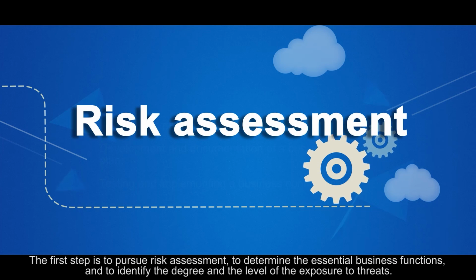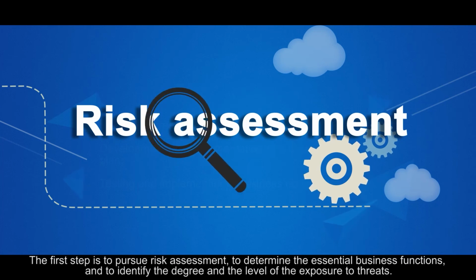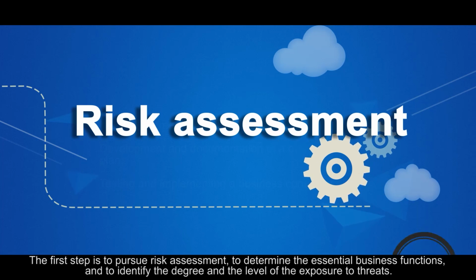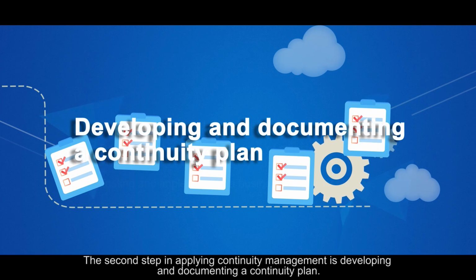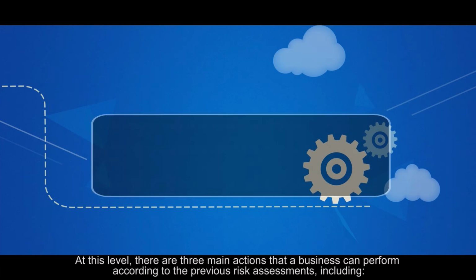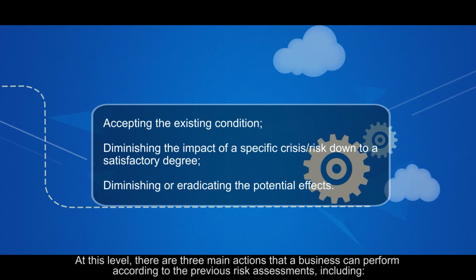The first step is to pursue risk assessment, to determine the essential business functions, and to identify the degree and the level of the exposure to threats. The second step in applying continuity management is developing and documenting a continuity plan. At this level, there are three main actions that a business can perform according to the previous risk assessments, including: